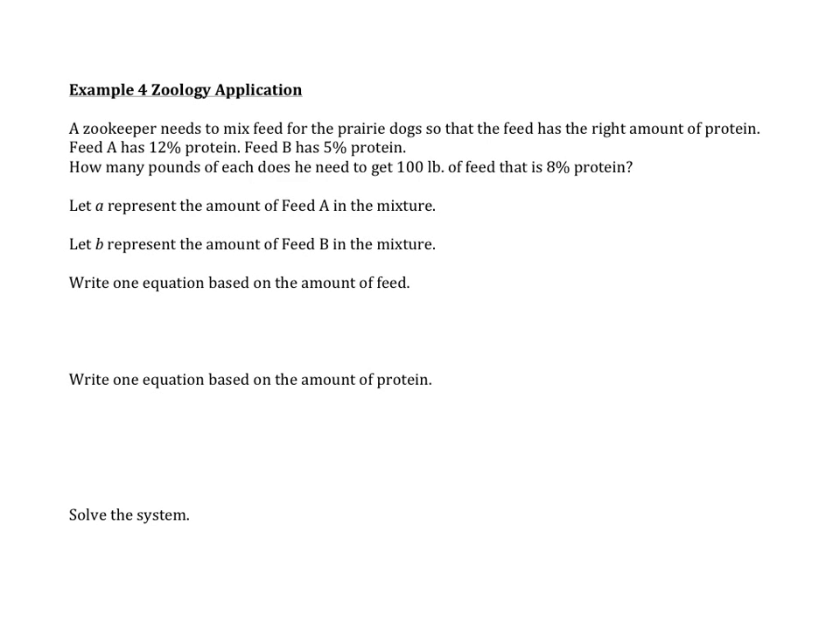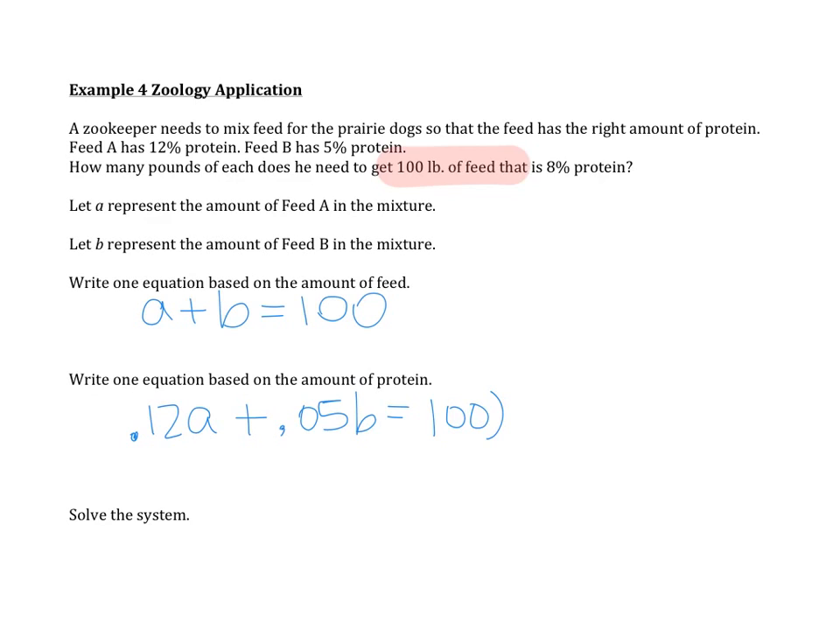So the amount of feed is 100 pounds. We can very easily say that A plus B must equal 100. When it comes to the protein, change your percent to decimal. So 0.12 times A plus 0.05 B, and the 100 pounds needs to be